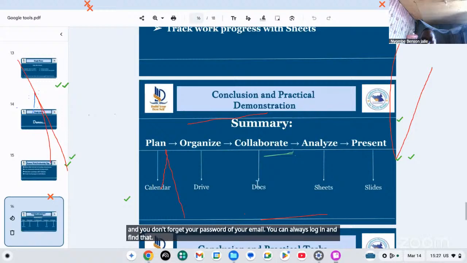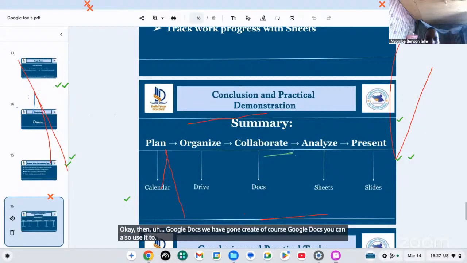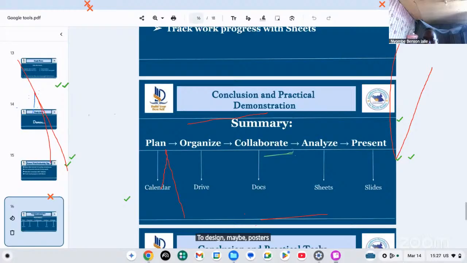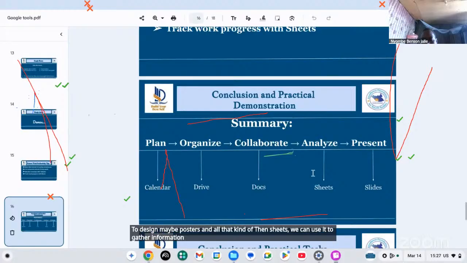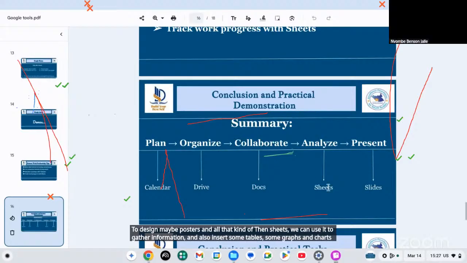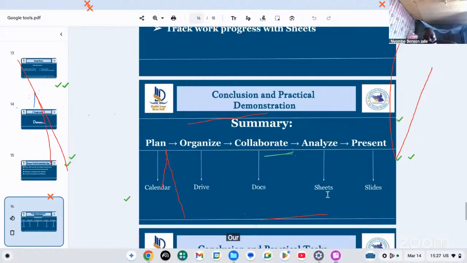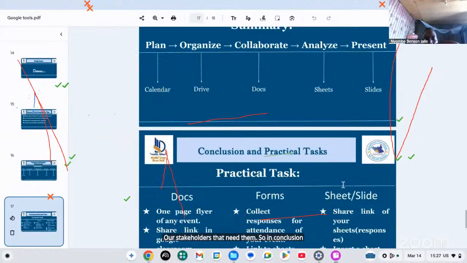Then Google Docs, we have gone through it. You can also use it to design posters. Then Sheets, we can use it to gather information and insert tables, graphs and charts to communicate. Then the outcomes, we can use Slides to present them to the people or stakeholders that need them. So in conclusion,